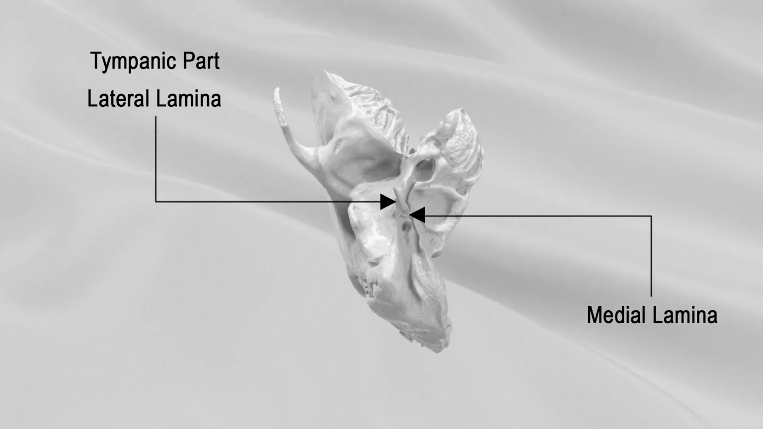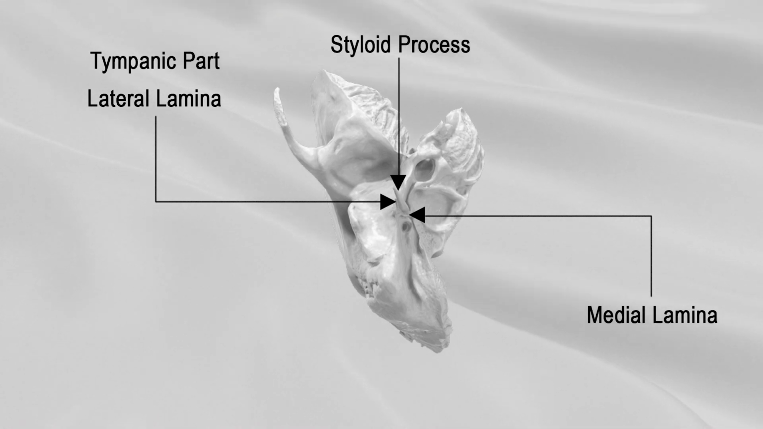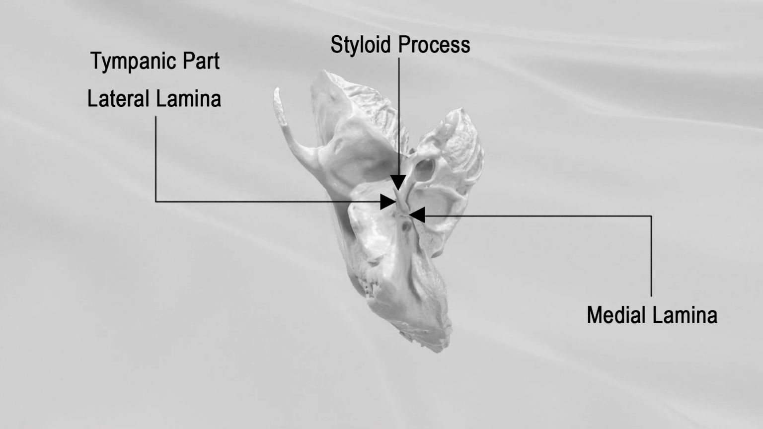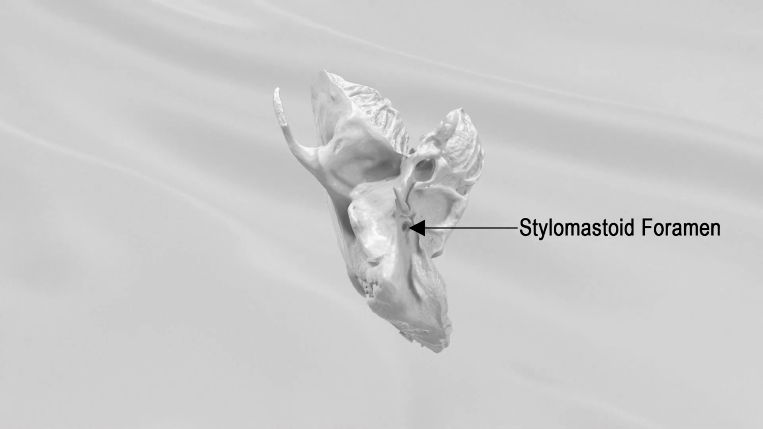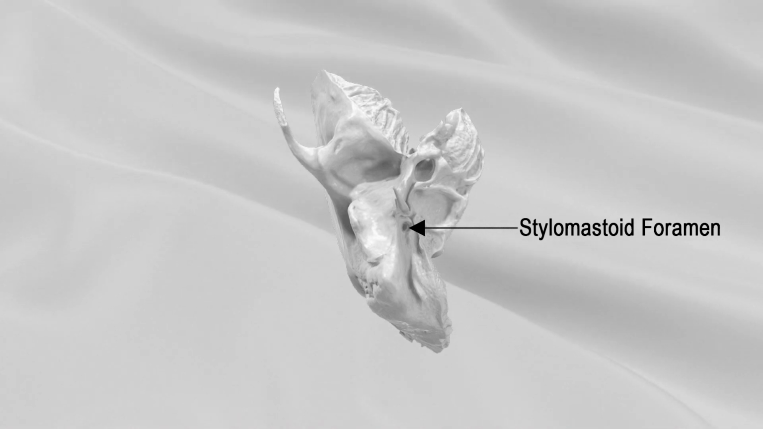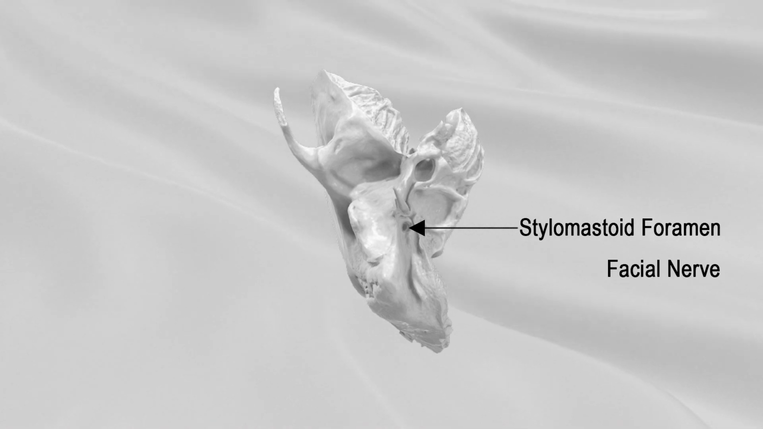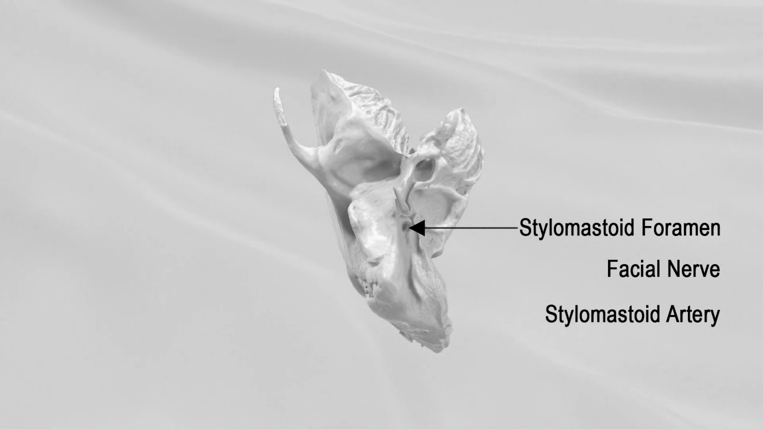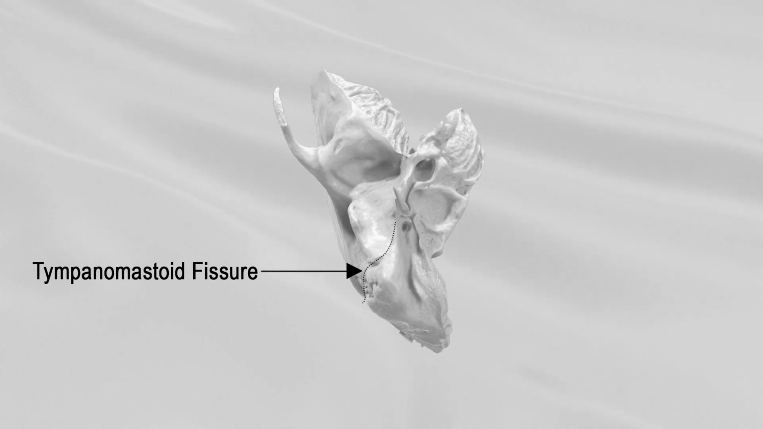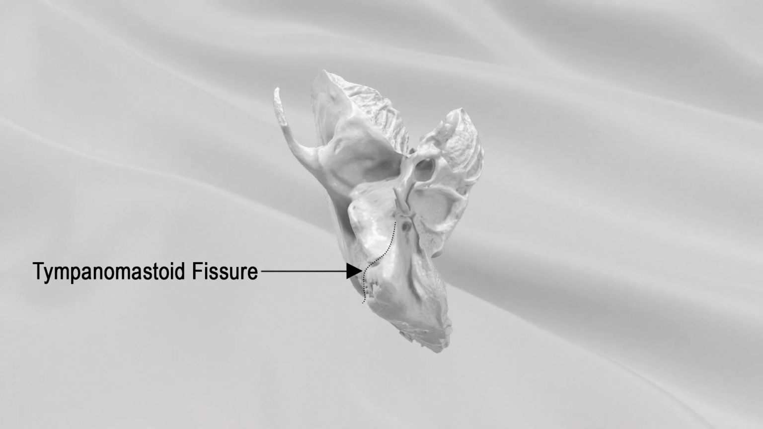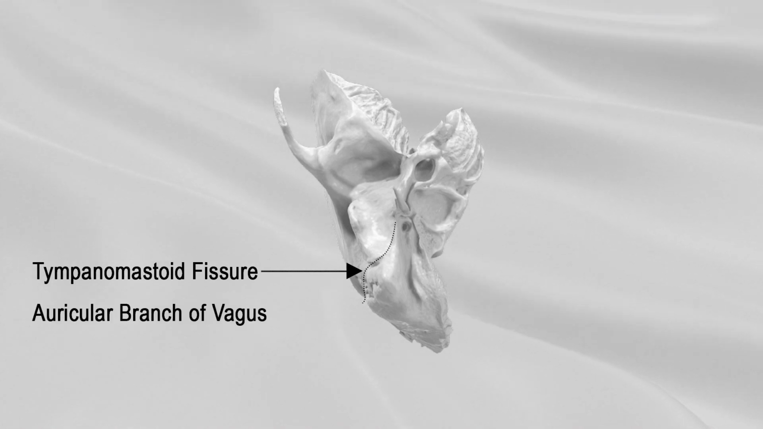Between these laminae is the styloid process. Between the styloid and mastoid processes is the stylomastoid foramen. It is the termination of the facial canal and transmits the facial nerve and stylomastoid artery. Situated between the tympanic portion and the mastoid process is the tympanomastoid fissure for the exit of the auricular branch